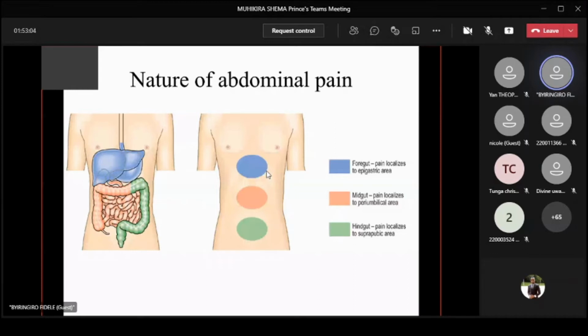And when we come to our subject of abdominal pain, the pain is also different. Pain coming from the hindgut, the midgut, and the foregut differs due to the innervation. Some of your colleagues also mentioned innervation. The innervation of these three is different because of the location of the nerves and the pain irradiation. So the pain from the hindgut is irradiated in the lower abdomen, the pain from the midgut will be localized in the periumbilical area, and the pain from the foregut will be localized in the epigastrium. This is very important to note when you start your clinical